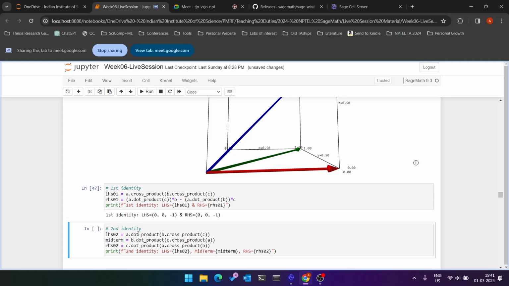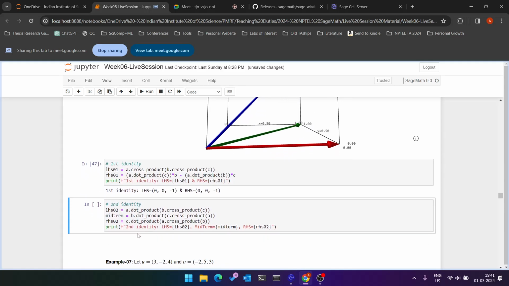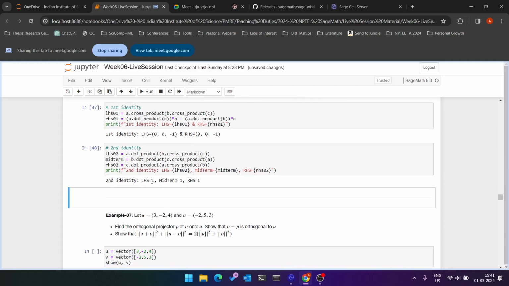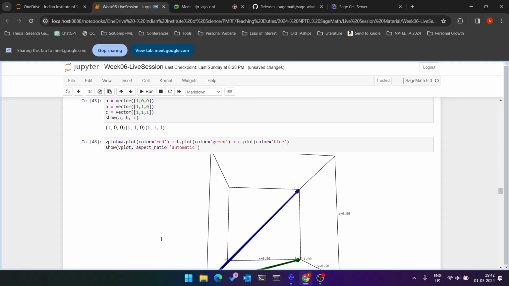The next identity that we have is A dot product B cross C. So you have three terms there, an LHS, middle term, and then RHS: A dot B cross C, B dot C cross A, and C dot A cross B. So all three terms are here. And now we want to print what the second identity looks like. So the value that we end up with is essentially scalar one. Okay,